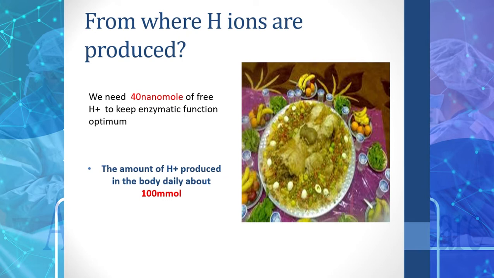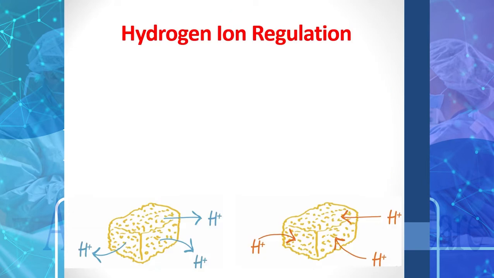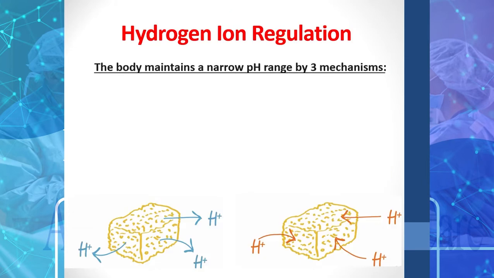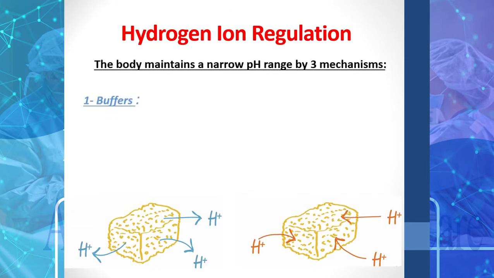Imagine, each millimole is 1 million nanomoles. And for proper enzymatic function, we need 40 nanomoles of free hydrogen ion to keep the enzymatic function optimum. So the body is striving all the time to keep the hydrogen ion concentration in a very narrow range,